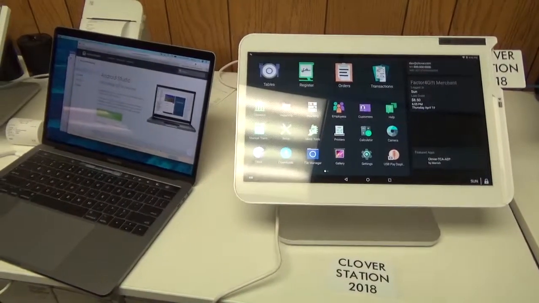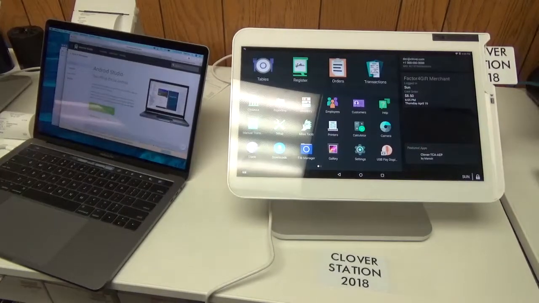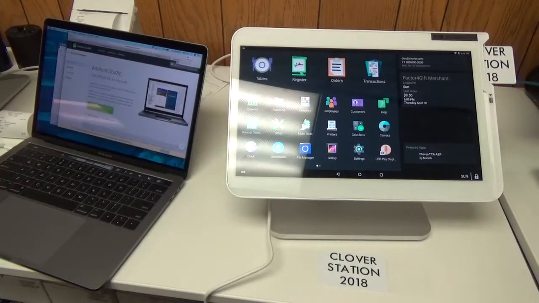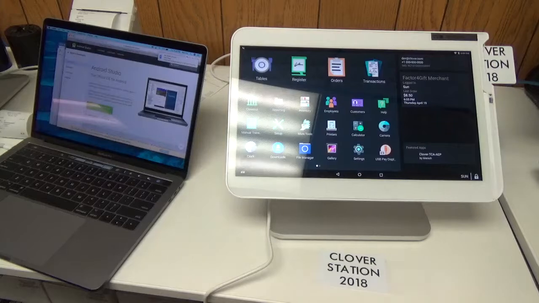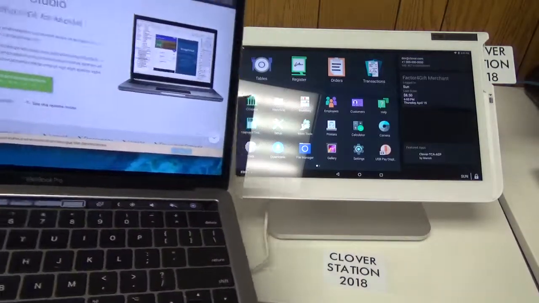Hello, my name is Rob, and today I'm going to show you how to pull logs off of your Clover device. So the first thing you're going to want to do is make sure that on your computer you have